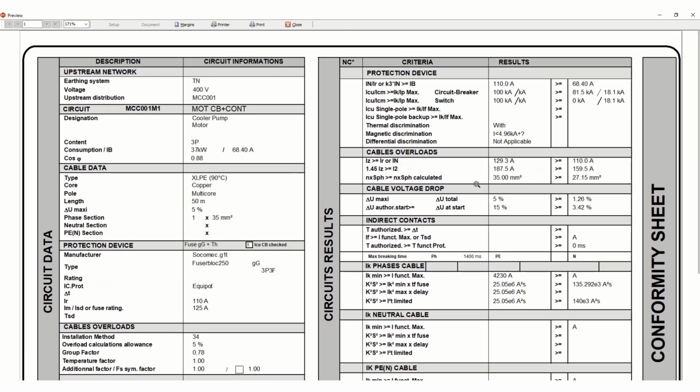And on this side you can see the cable voltage drop, maximum delta U maximum 5%. We have defined a 5% limit, and in our case it is 1.26 percent, which is within this 5% limit, so this is okay. And next one, this is the starting voltage drop, whose limit is 15%, and as per our